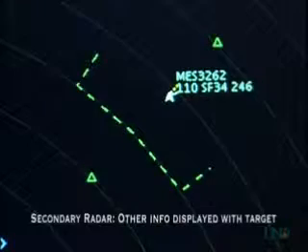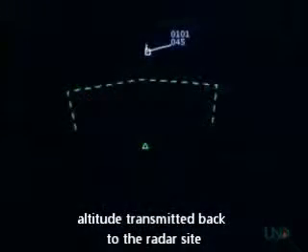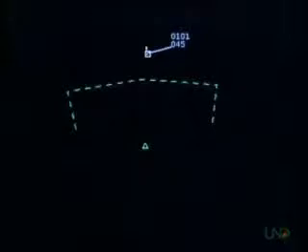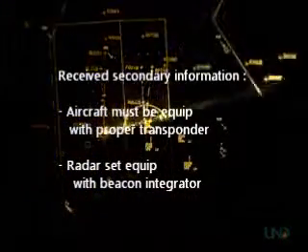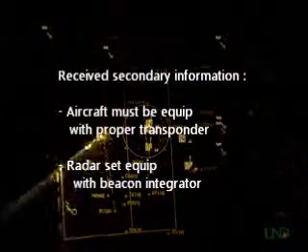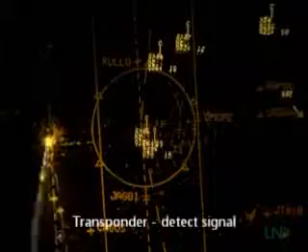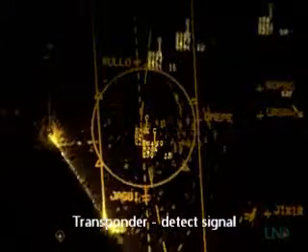The advent of transponders and the Mode C function has allowed information such as altitude and squawk codes to be transmitted back to the radar site and depicted on a controller's radar display as secondary radar information. In order to receive secondary information, an aircraft must be equipped with the proper type of transponder, and the radar site must be equipped with a beacon interrogator. As the radar signal hits the aircraft, the transponder detects the signal and sends back its altitude information and transponder